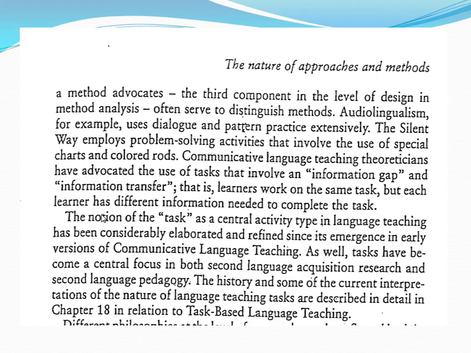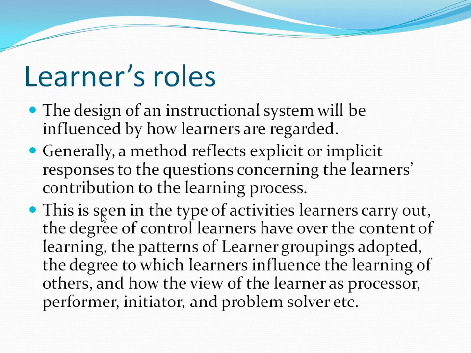Okay, so according to the method you have to implement the type of activities. Okay, and according to the method you have to select the learner's role. What would be the learner's role? Generally a method reflects an explicit or implicit response to questions concerning the learner's contribution to the class. Okay, as I have said earlier, in case of GTM, the learner's role is passive. In case of CLT, the learner's role is very active. So in case of GTM, the learner's role is very implicit. Implicit means